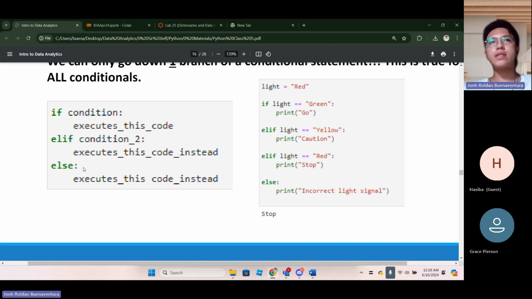However, the difference is that on the elif, you need to specify the condition again. The else, on the other hand, doesn't need anything specified. Else and then a colon is the only thing you would see at the last line.